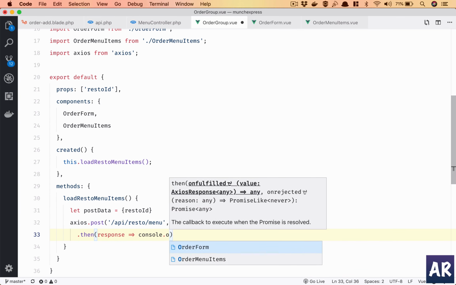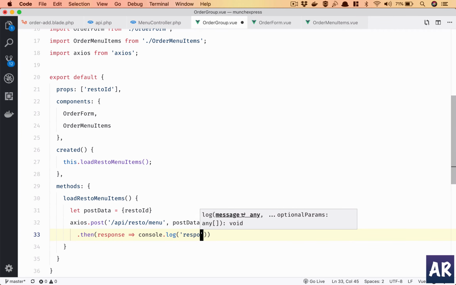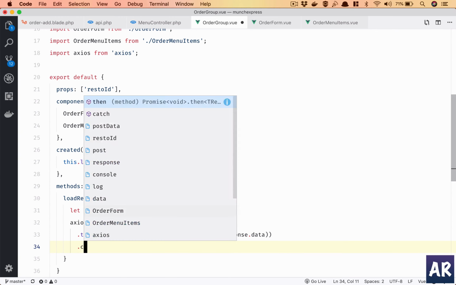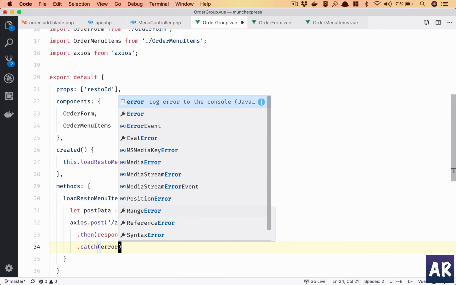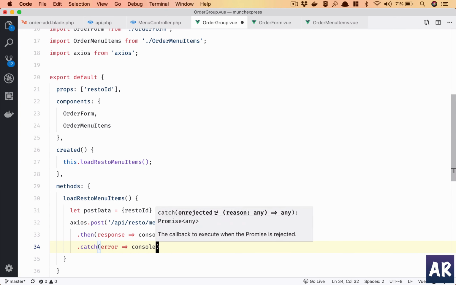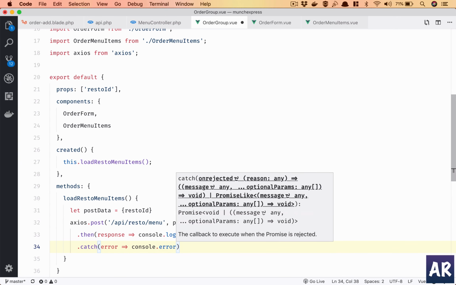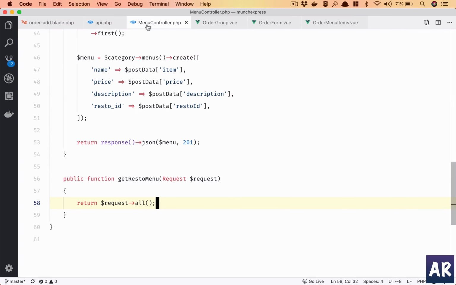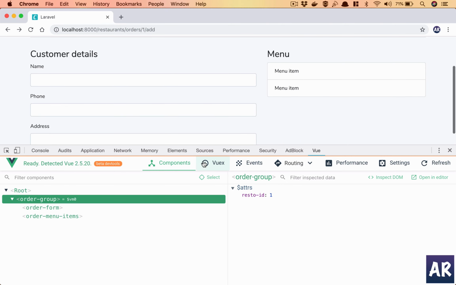For now, let's just console log that. And then catch, just to be doubly sure, console dot error dot response. Oops, sorry. Yeah, I think this should do the trick. I am going to get back my restaurant ID because that's what I'm passing in my post request, and that's what I'm sending back. So hit refresh,